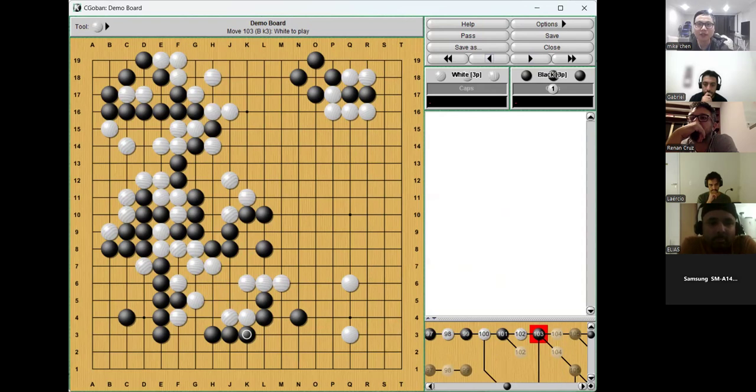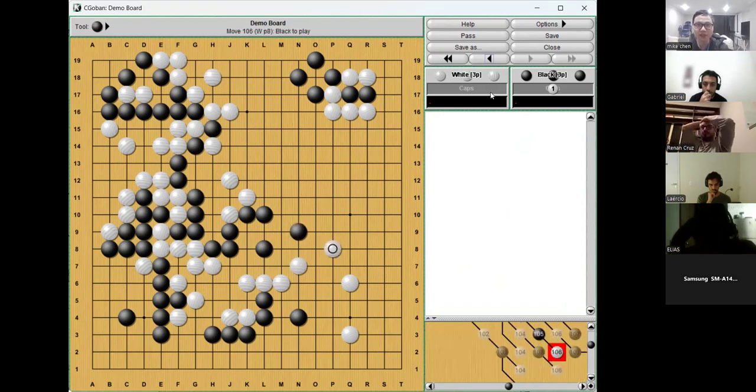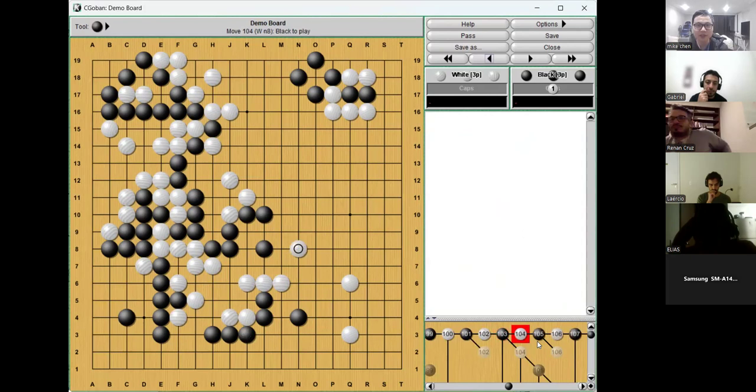And in the Go theory that we went over today, white no longer has any thickness, and this white group is now very, very weak, much, much weaker. So white should play accordingly. So the AI move is here, and then here just very solid connects. Of course,